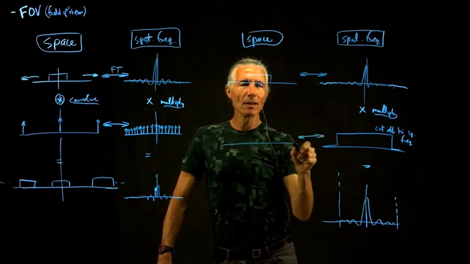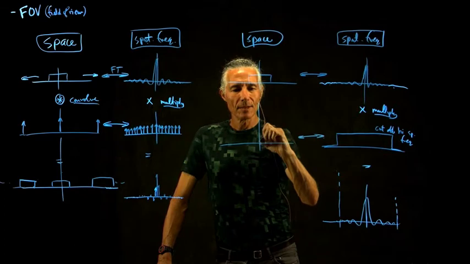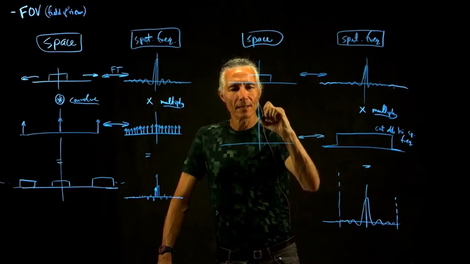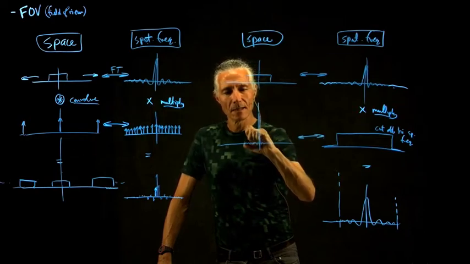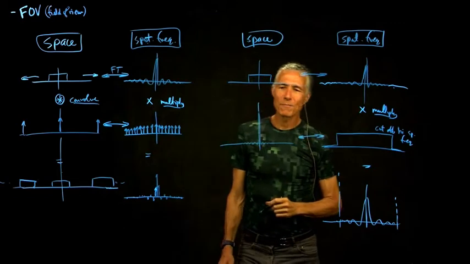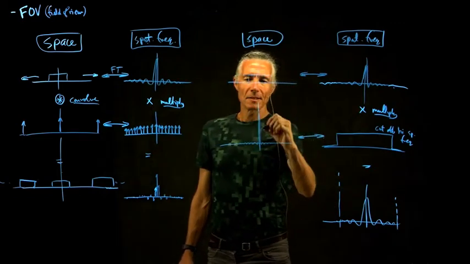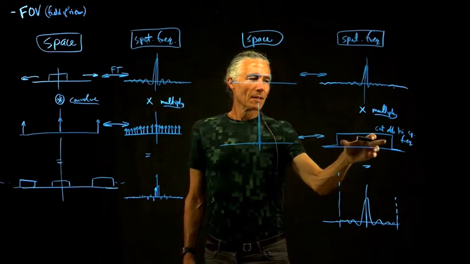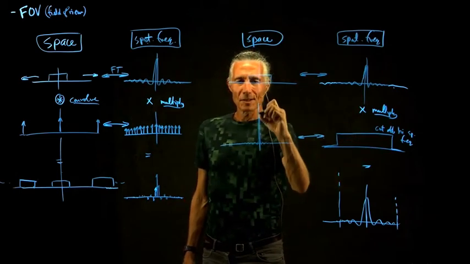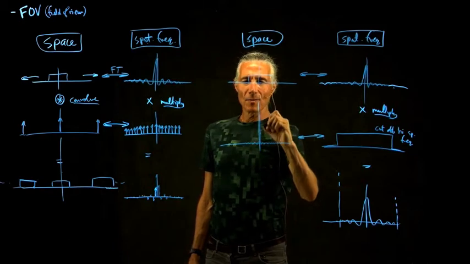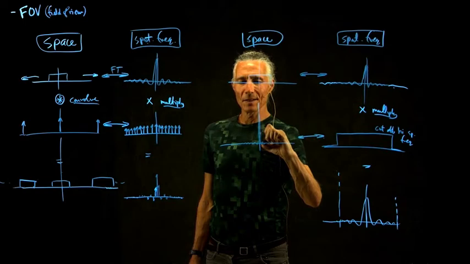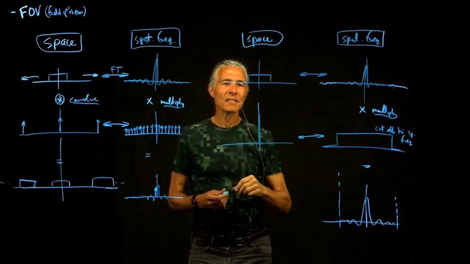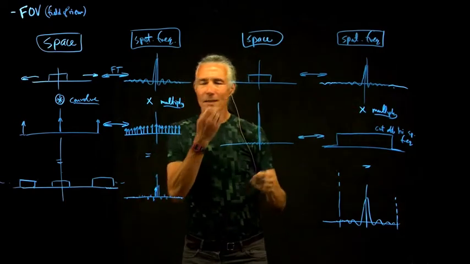We get an even smaller sinc. So we get a really sharp, spiky sinc. So here's a little spiky sinc like this. In fact, it's only one voxel wide. If you do the calculations, you'll see that this sinc is exactly one voxel wide, and then the zero point is the next voxel, and the next zero is the next voxel, and the next zero is the next voxel. So you get a tiny little thin sinc, and then if we convolve that